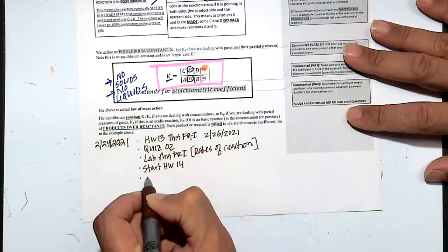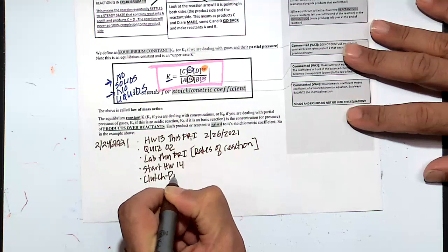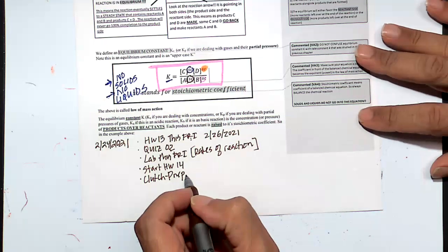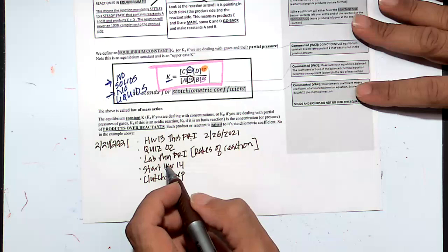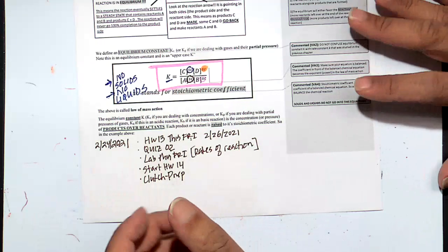And for those of you that paid the $30, make sure you do your Clutch Prep, and I'll give some extra credit percentage points at the end of the semester. I got an email from them yesterday. There's 5 of you enrolled, and out of those 5, 4 are doing something. The other one is not.